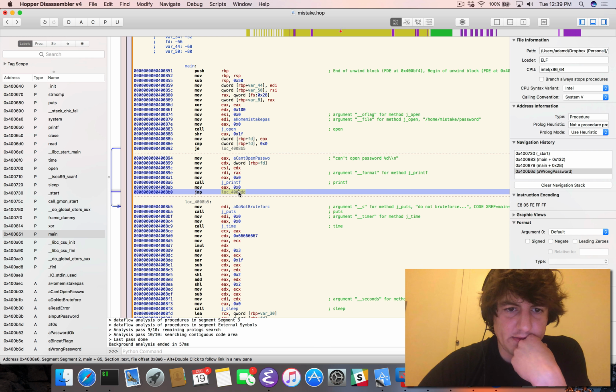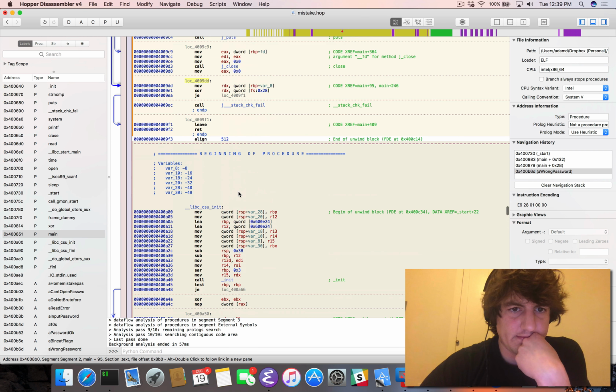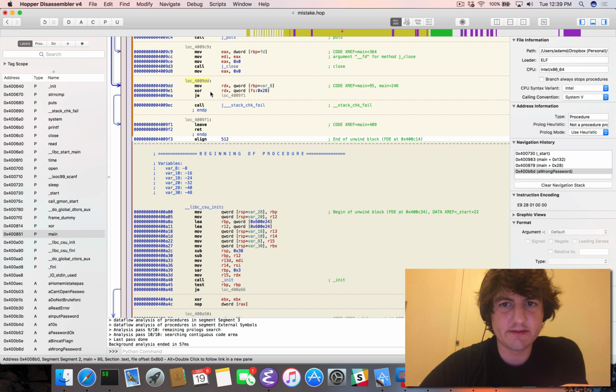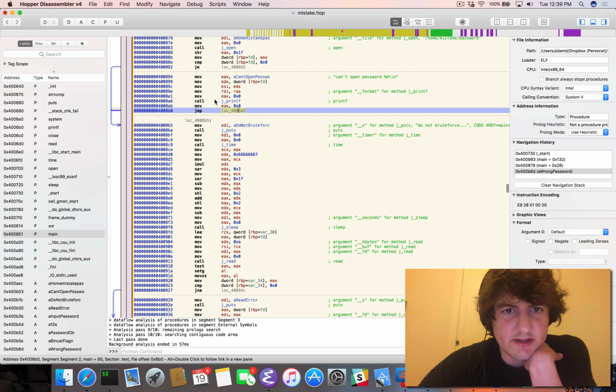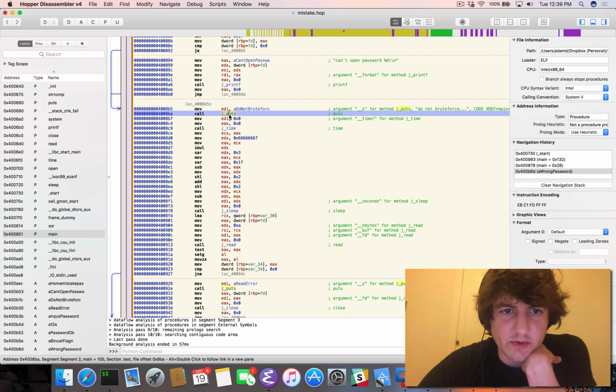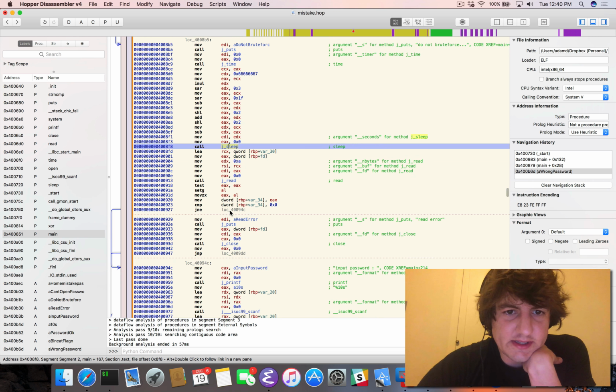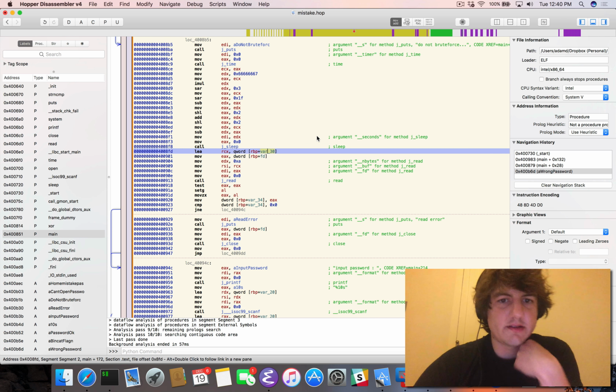Call format, move 0, and this should be a jump to the end of the program. Yeah, so this just checks and does the stack check. Okay. So then do not brute force, call time, then do some stuff here, then call sleep, and then,